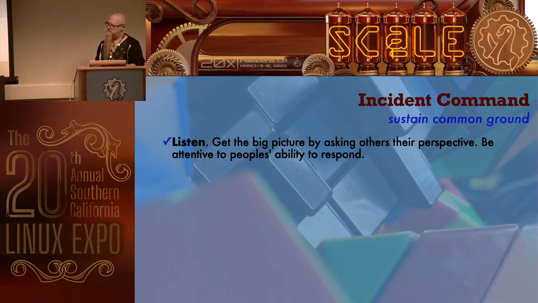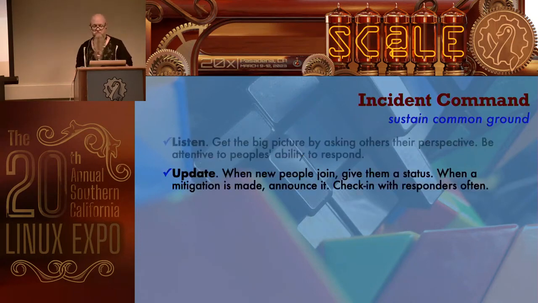Now, when you're incident command, there's a few things that I wanted to point out here. I just think this is really important to understand because when we say we're sustaining common ground, it's not just the incident command's job. It's everybody's job. Even though the incident command is sort of the person who keeps this in mind because problem solvers are doing stuff, everyone needs to be doing this. So listen, get perspectives from different people. Get diverse perspectives. It's always better to make decisions with good information than to make a fast decision.